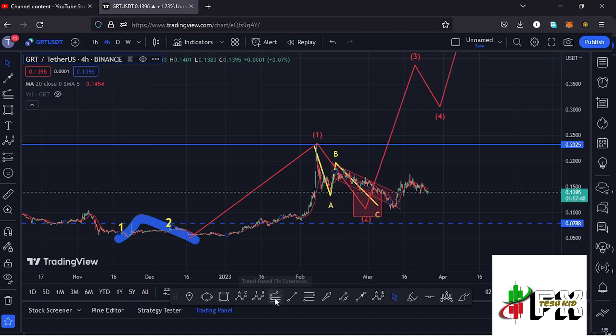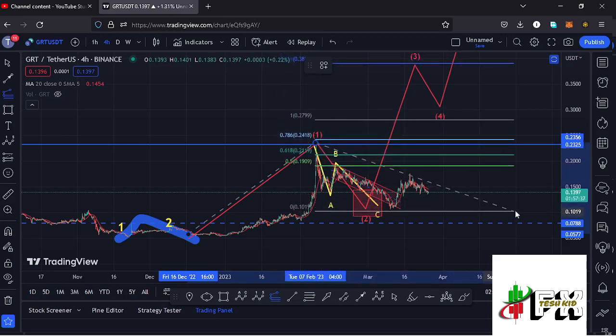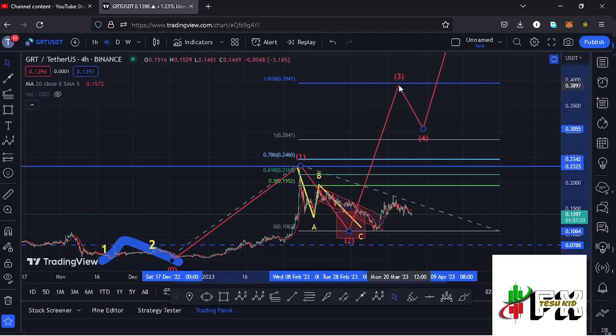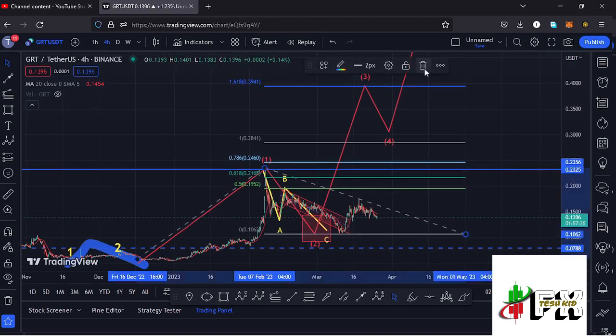And allow me to first sketch out a target area to the upper side in the formation of this wave 3 by connecting the trend-based Fibonacci from the low of the first wave to the high of that wave 1, then dragging the fibs to the low of the second wave, and that now gives me a minimum target area to the upper side in the formation of that wave 3 at the fib level 1.618, and that is at around the $0.3941 mark, and that is the minimum that I'm expecting GRT to do in the formation of that